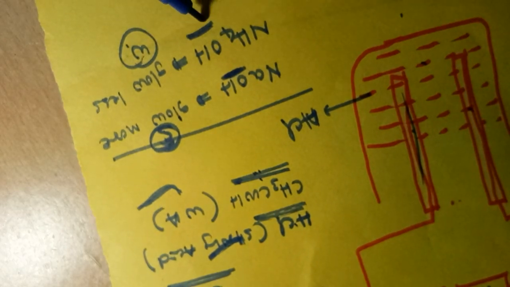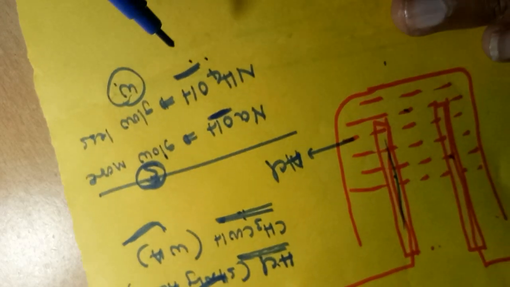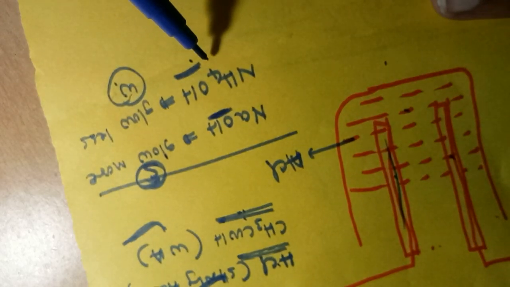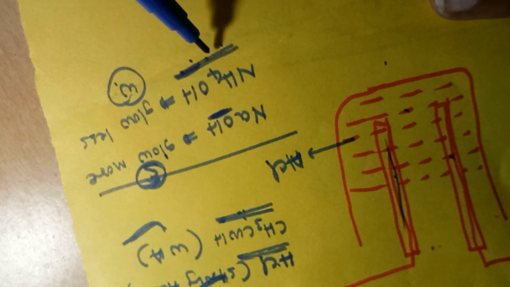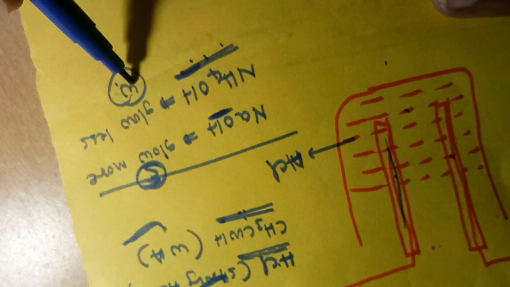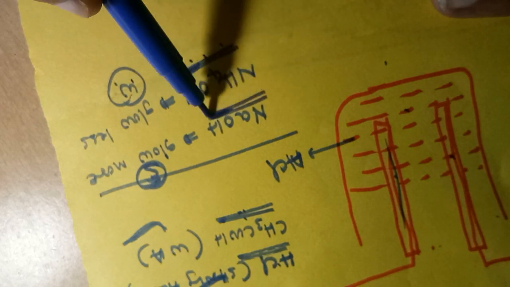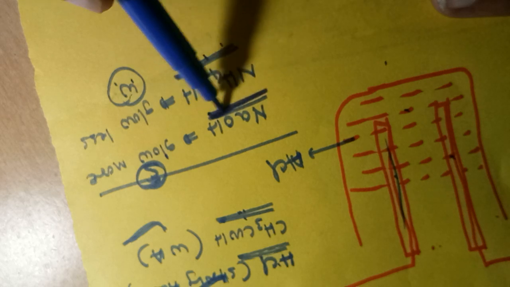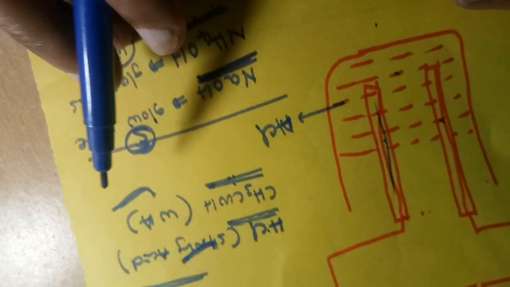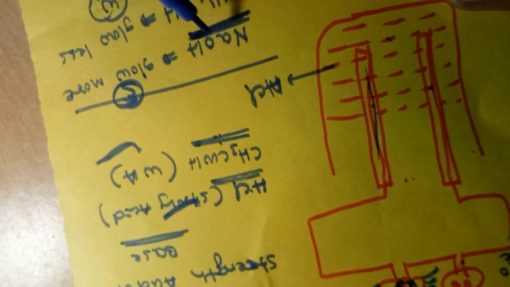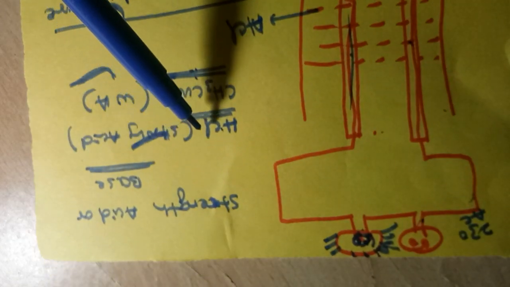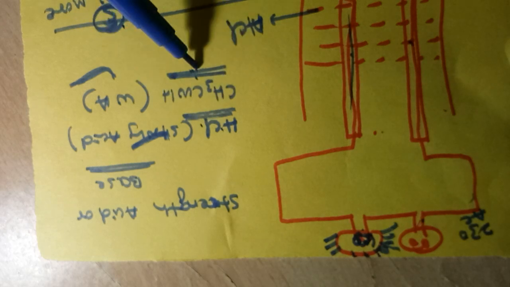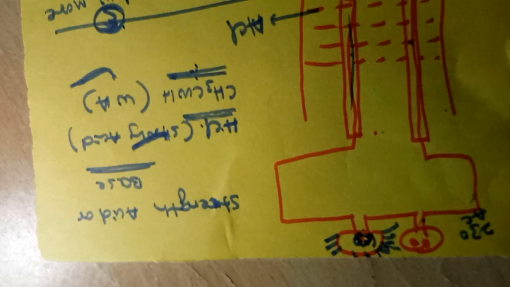Fewer OH minus ions means it is not 100% dissociated, that is, partially dissociated. A base which is partially dissociated is called a weak base. Sodium hydroxide is completely ionized, 100% ionized. The substance which is 100% ionized is called strong. That's why this behaves as strong and this as weak. In the case of acids, HCl is strong and CH3COOH is a weak acid.